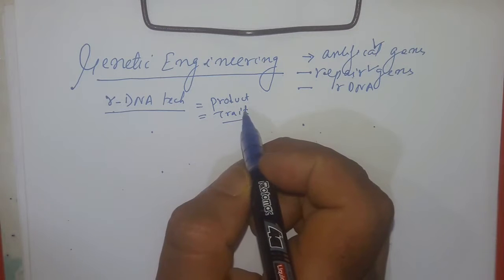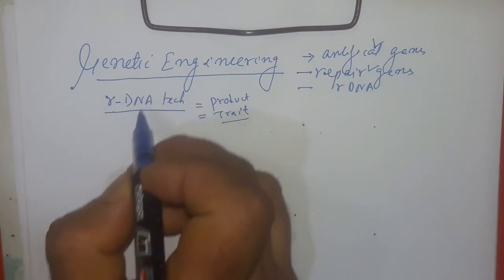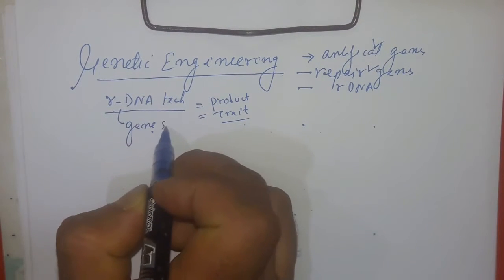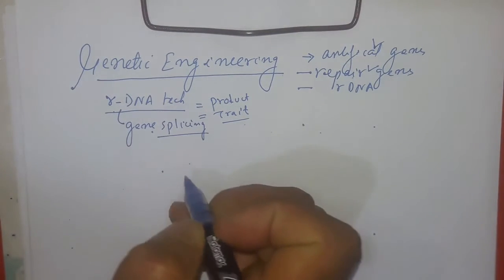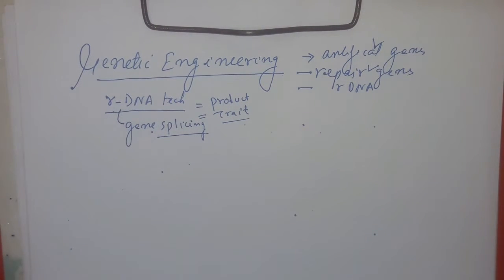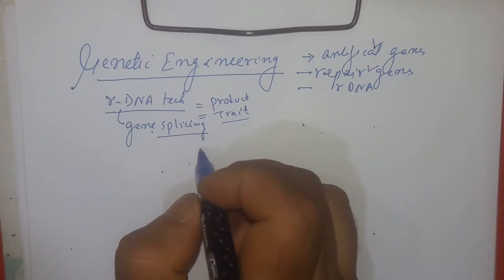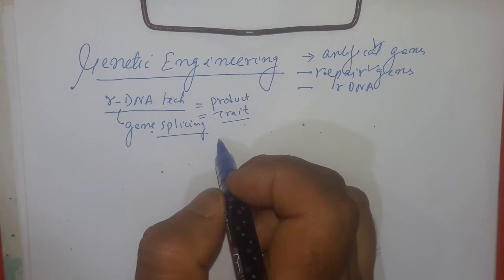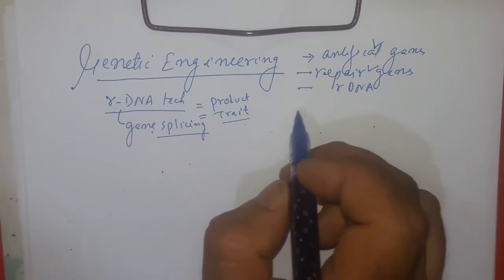If we take this rDNA technology, as I said, is a gene splicing method. So it is based on two important discoveries in bacteria. So we had two discoveries in bacteria which give rise to all the latest phenomena. The two discoveries,